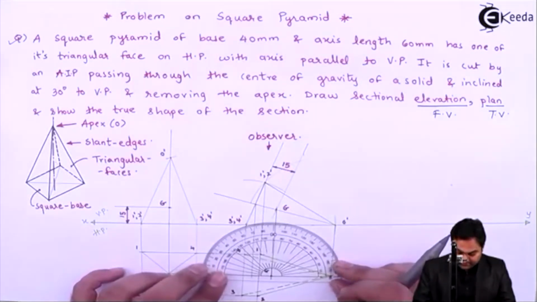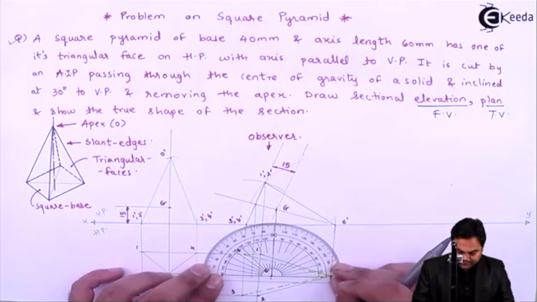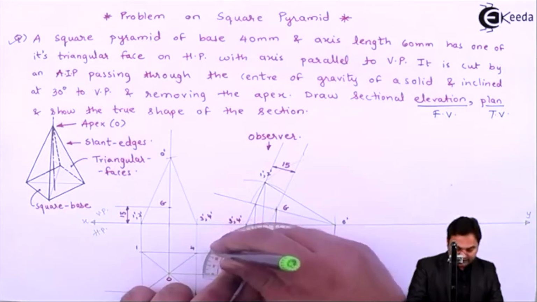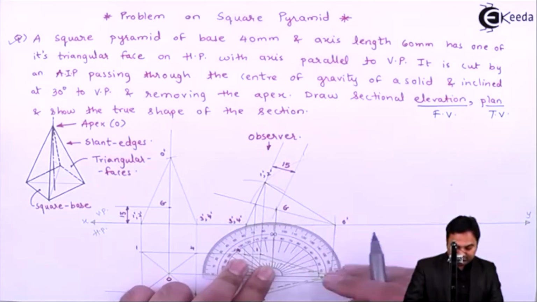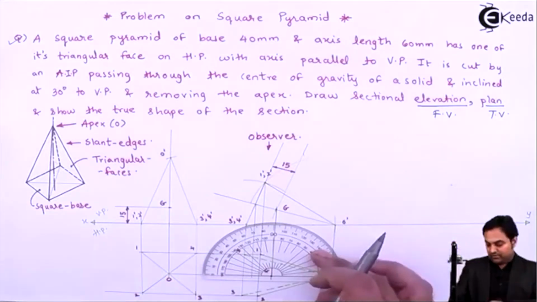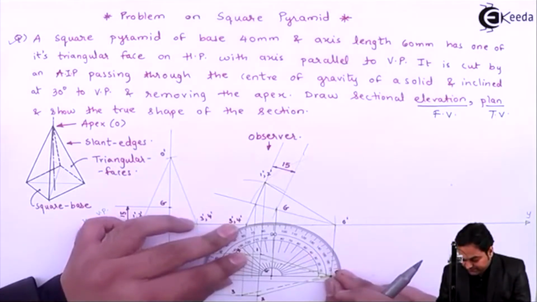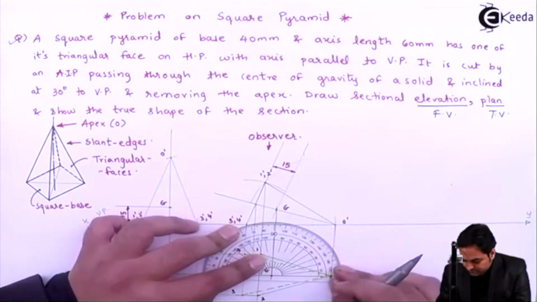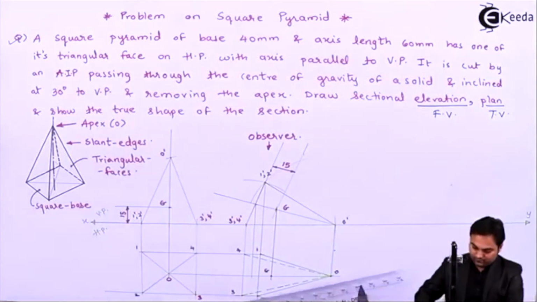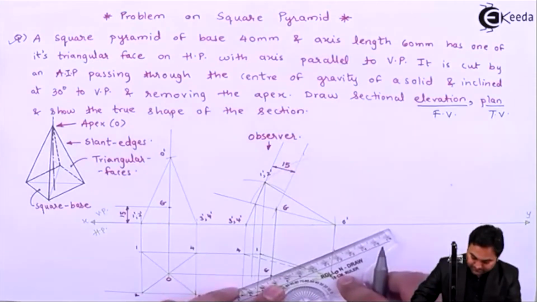So for example, if I am keeping this end of the protractor on the CG and if I am measuring 30 degree on this side and drawing a light line, that is a cutting plane line, then the apex will not be removed, this bottom portion will be removed. But if I measure the angle from the other side, 30 degree, now if I join this,